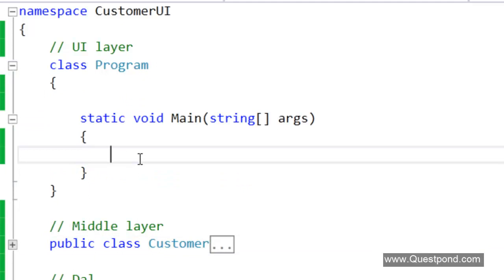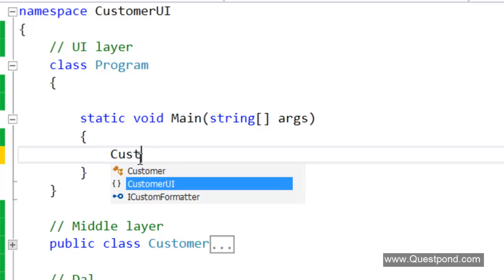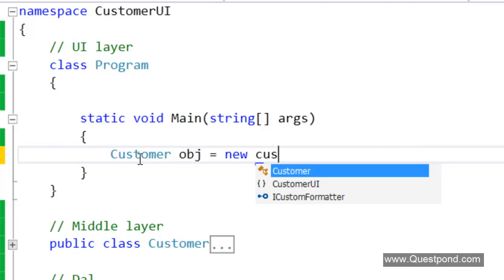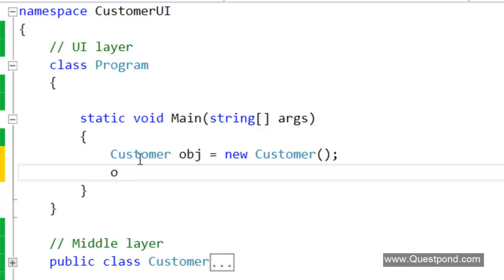So in this UI here, developers create the object of customer, right? So customer obj is equal to new customer. They set properties of the customer class.